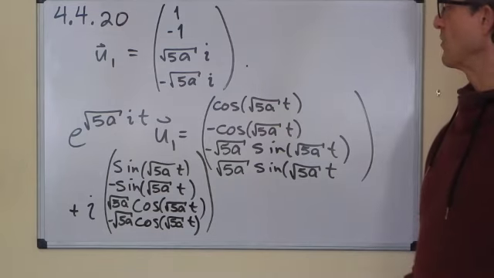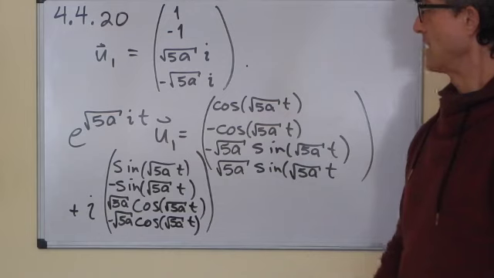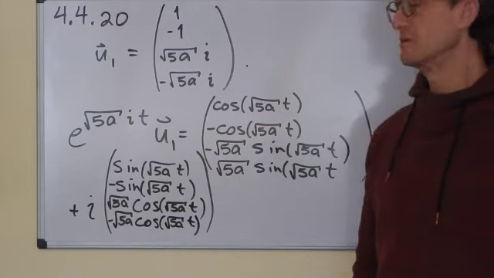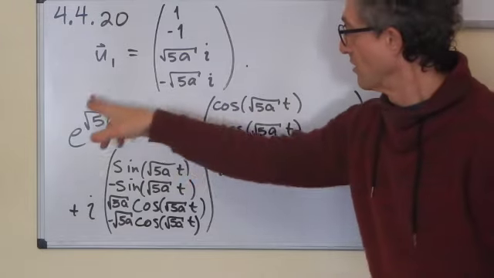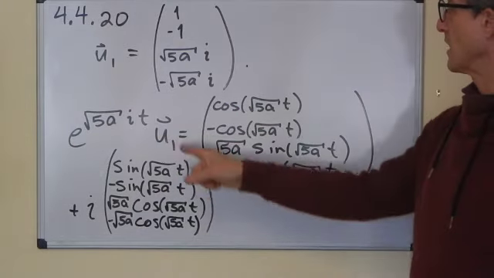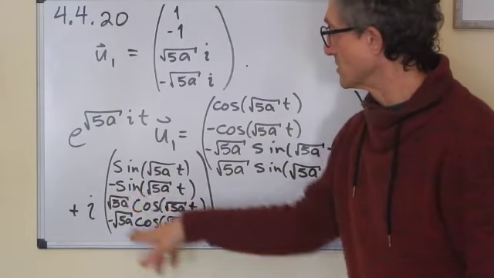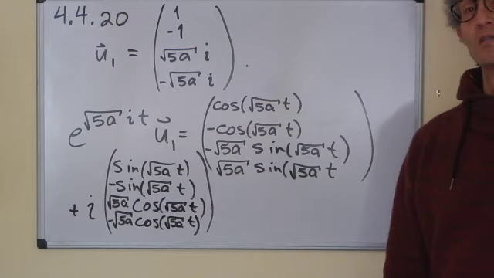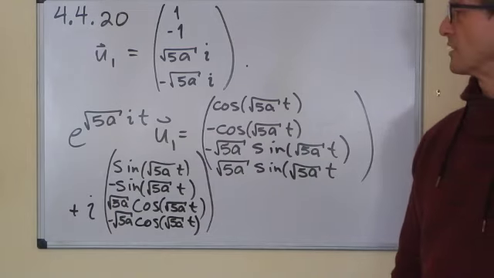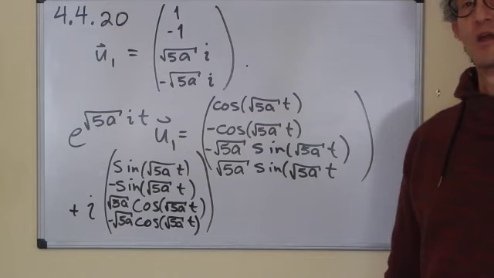So in fact, we found two linearly independent solutions to the original system. The first part is e to the lambda 1 t times u1, and the second part, just without the square root of minus 1, is also a solution to the differential equation. So we have two solutions from this one